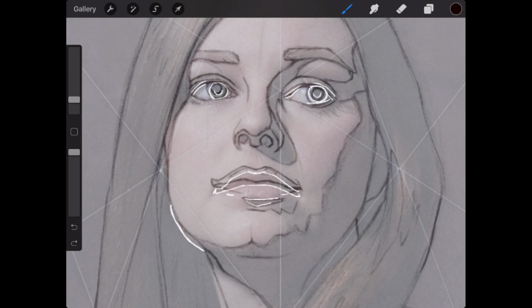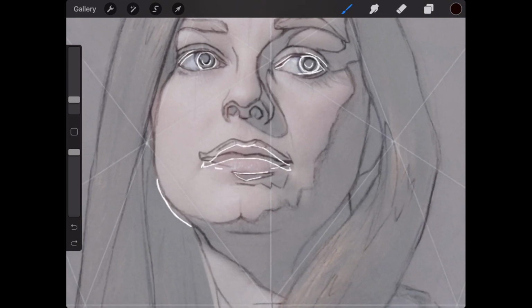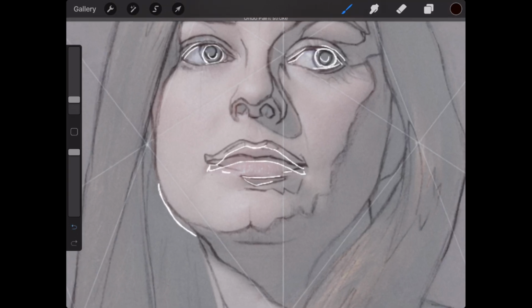So apart from those minor adjustments and rounding out the jawline down here, the main one is actually repositioning the lips. And you drew beautiful lips, but they're a little bit high. So what I would do is start by taking the shape that you've drawn here and start copying it down here just a little bit and get this new opening positioned, and then go through and erase your old lips and finish out redrawing these.